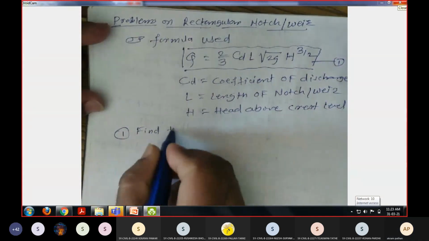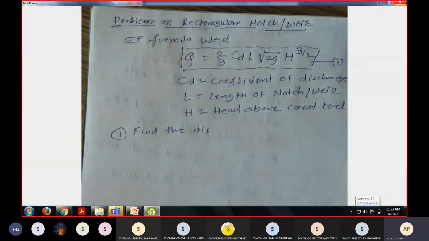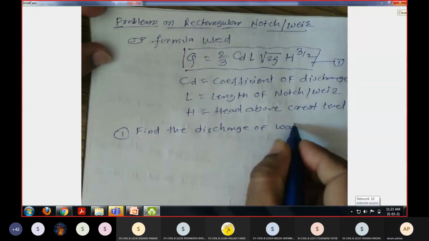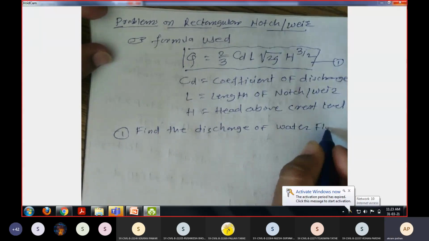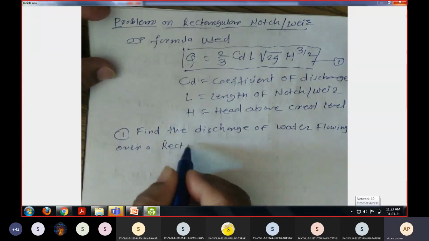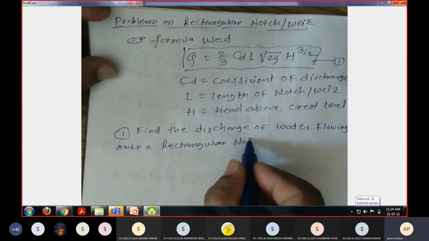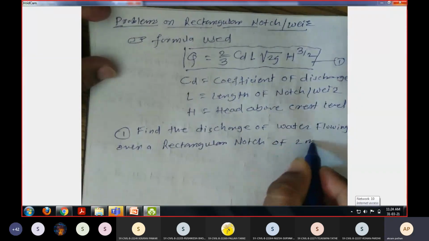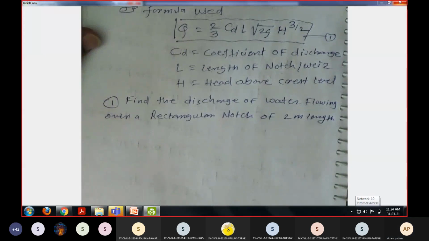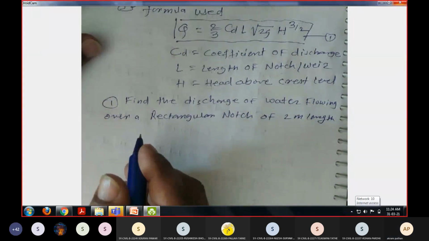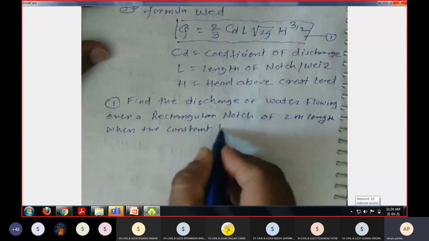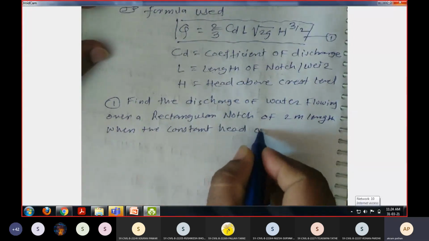Find the discharge of water flowing over a rectangular notch of 2 meter length, when the constant head over the notch is